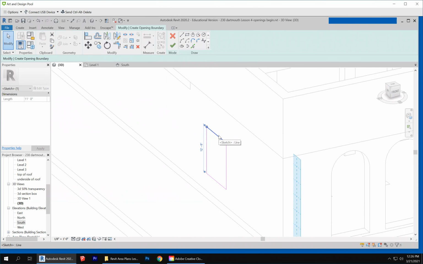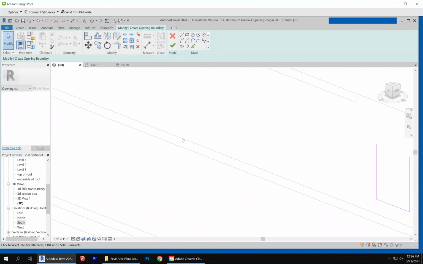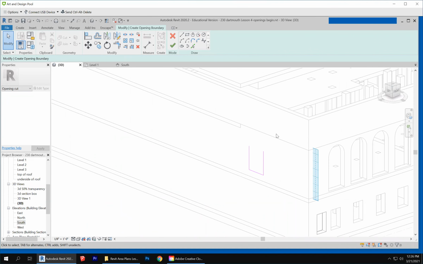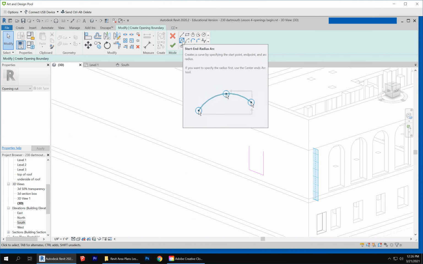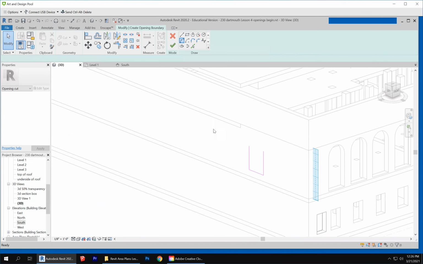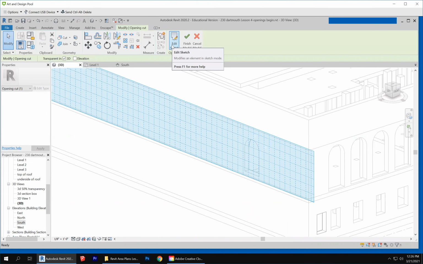And the top wants to be, now I'm drawing, you gotta be careful when you're doing this. I'm drawing in a 3D parallel mode. But because I know what my work plane is, I'm going to draw that half round arch. Right? And then when I finish that drawing,